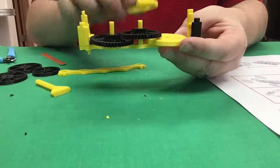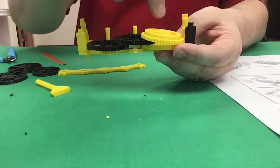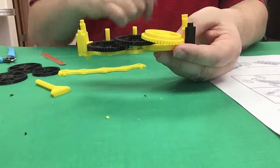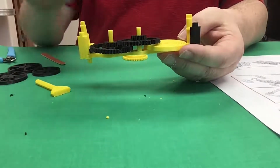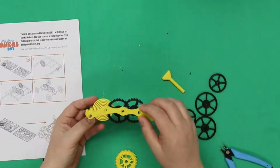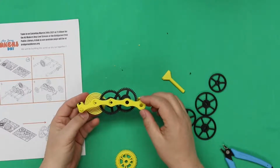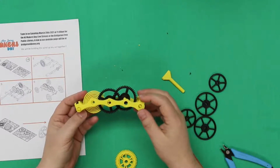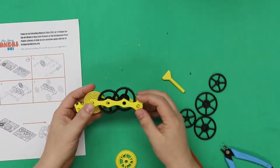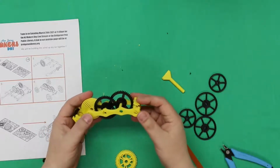This gear and the shaft that actually winds everything up together, that can be put on after and makes it a little bit easier to do that. So we're going to take this piece here and we're going to line up this shaft, the other shaft on the two holes on either end so that they go through. Okay, and then after we do that,